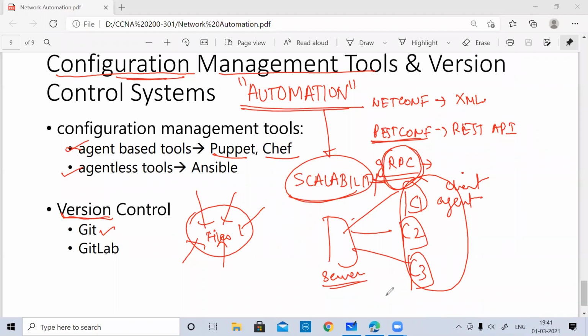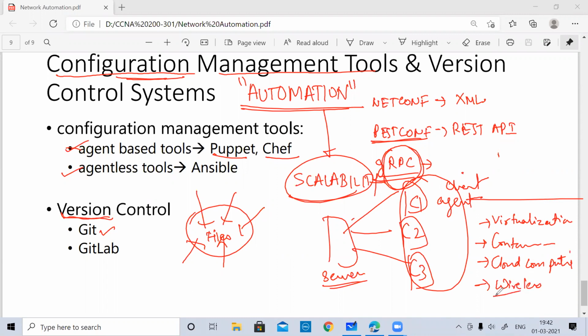If anyone has any doubt, we can take up the questions. In my class tomorrow, we are going to talk about virtualization, containerization, and some wireless principles. That is going to be our last session. Virtualization concept, containerization, and a short note related to cloud computing, in brief, very brief. And the last topic which we are left with is wireless. So WPA and wireless principles, we are going to discuss that. If you have any questions, guys, let me know. I'll be there to take it.